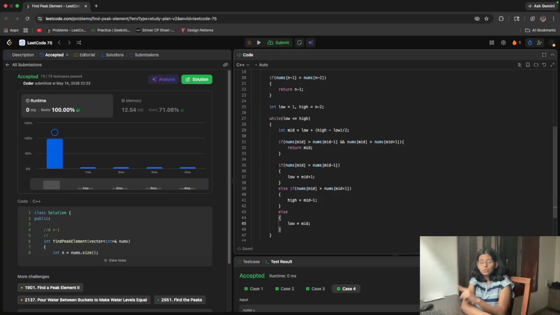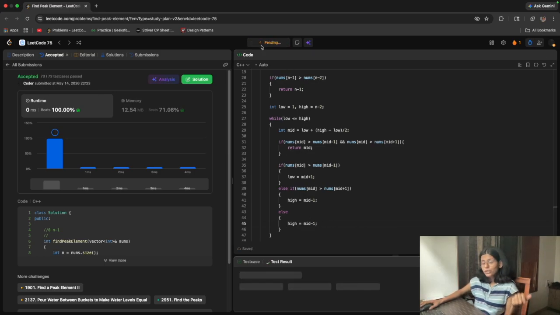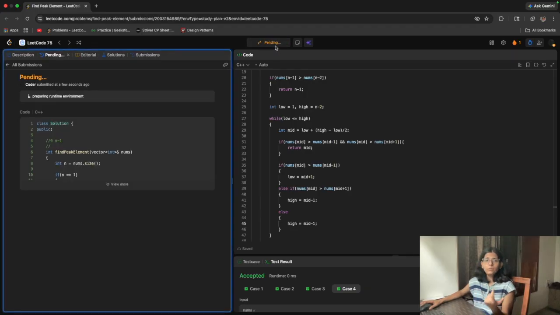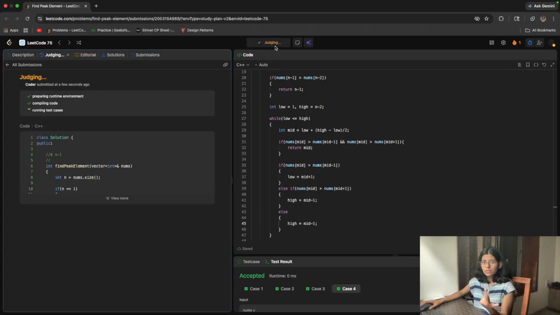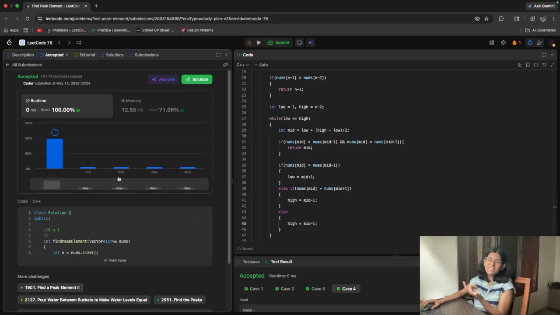In the next step I said we will have two peak points. Now we took low equal to mid plus 1 and searched in the next space. So let's take high equal to mid minus 1 and search before it, because we just saw we had 2 peak points. We should be able to find it in the next space, and we should also be able to find it before it, and we are able to find it here. It is accepted. So that was today's question.